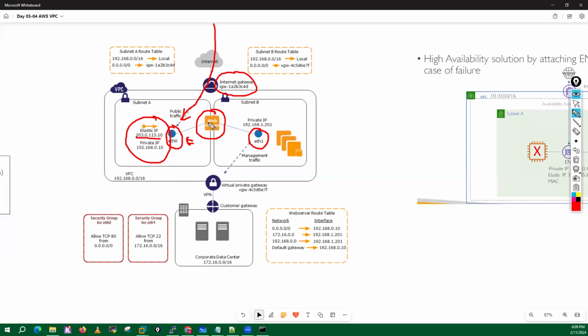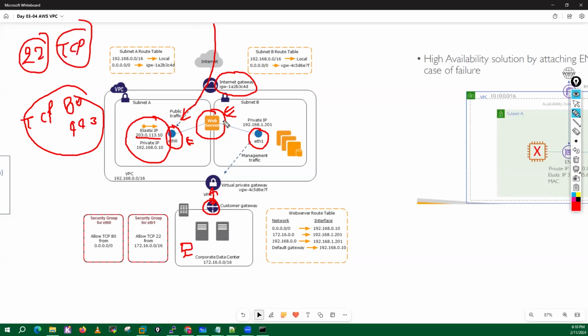Let's suppose we have an IPsec tunnel between AWS and your on-prem environment. And in the on-prem environment, there is a user, and he wants to do some type of configuration with this web server, because from the internet we are only allowing traffic on TCP port 80 and 443. We are not allowing any traffic on SSH, because if we want to manage or upgrade something, if we want to make some changes on this web server, we have to take SSH access,